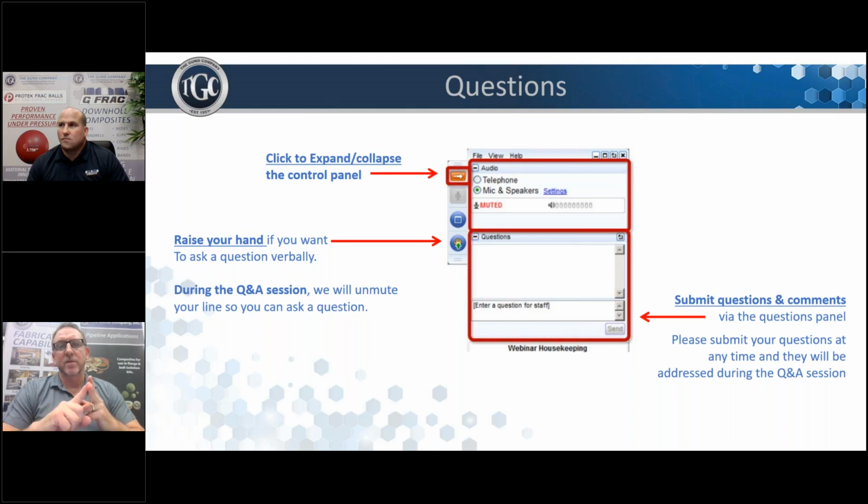If you are trying to make a composite for hotter and hotter wells, you have to have a higher temperature resin system. Higher temperature resin system means it's harder, probably more brittle, and you're going to sacrifice drill out time with that.